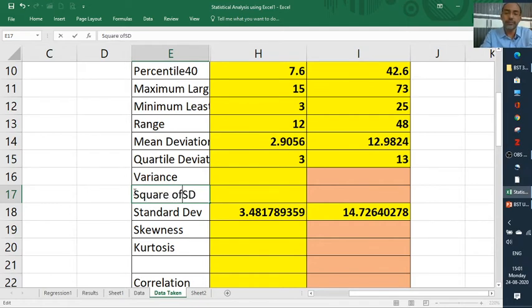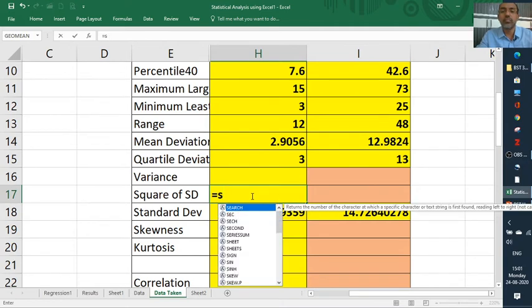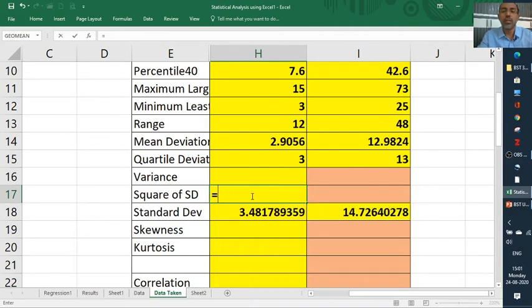Square of SD. So what we do is we simply take this one and square it, the same, I'll put a star so that you can understand easily.